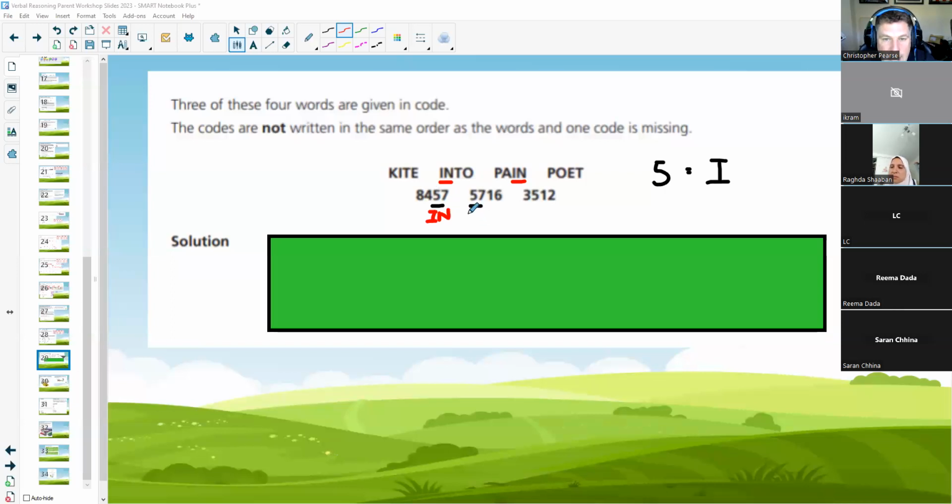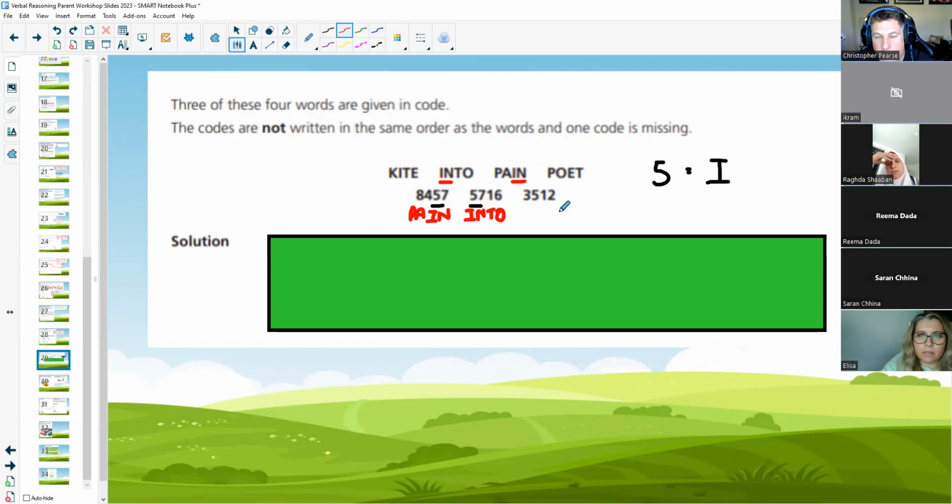So I and N, and then we've got I and N here. So that means that must be into, and then this must be pain. Now, sometimes when you are left with a code, you can see, well, what do I already know? Well, I know the 5 is an I. The 3, the 1 and the 2, the 1 has appeared, which was the T. I don't know about the 2 and the 3 yet, but of course, it's not going to be poet. It's going to be